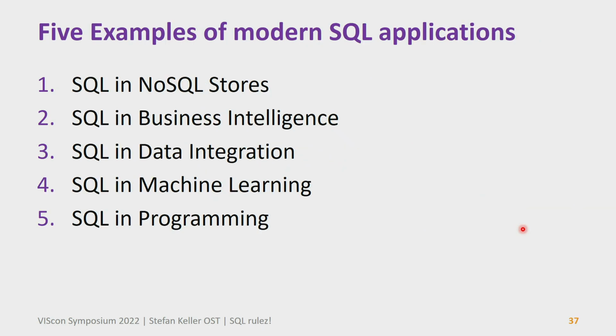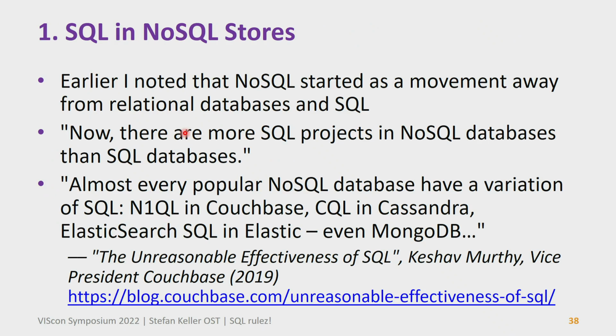Now, I have a few minutes to just skim over unexpected applications of SQL. I start with, so number one, SQL in NoSQL stores. There are more SQL projects in NoSQL databases trying to offer a SQL API than SQL databases. That's what they say in the talk, the unreasonable effectiveness of SQL. Almost every popular NoSQL database has a variation of SQL, like Couchbase, Cassandra, Elasticsearch, and even MongoDB, if you